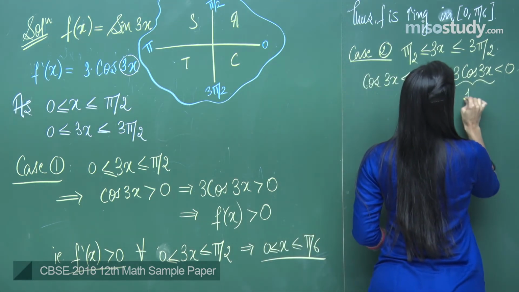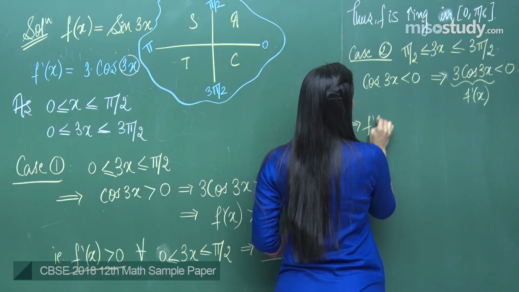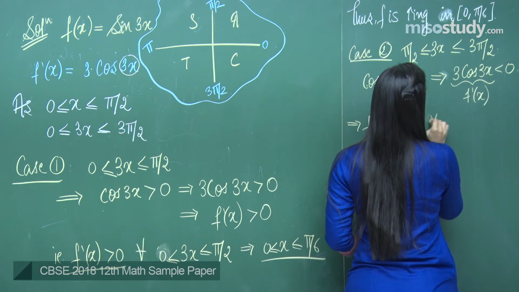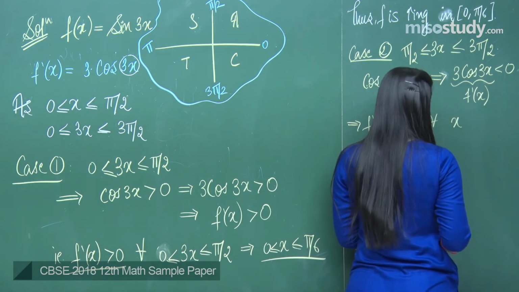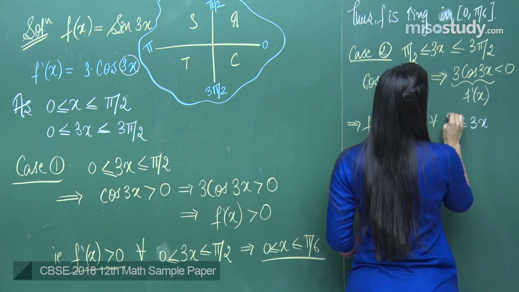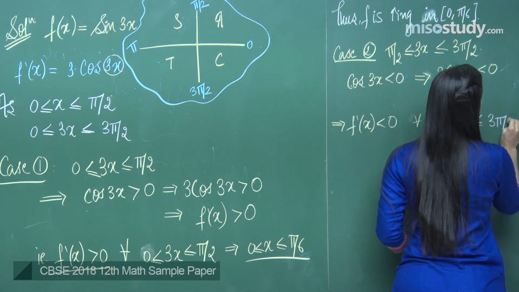But this is nothing but f dash x, so I get f dash x is negative for all 3x greater than or equal to pi by 2 and less than or equal to 3 pi by 2,